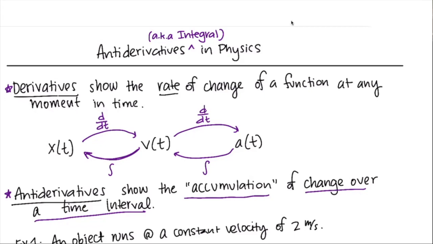And then you can almost imagine going from acceleration to velocity, showing the accumulation of change in velocity, and then going backward and thinking about how much my change in position, or my displacement, accumulated over time. And so that's really what an antiderivative is, and that's how we're going to teach today. So let me show you a super